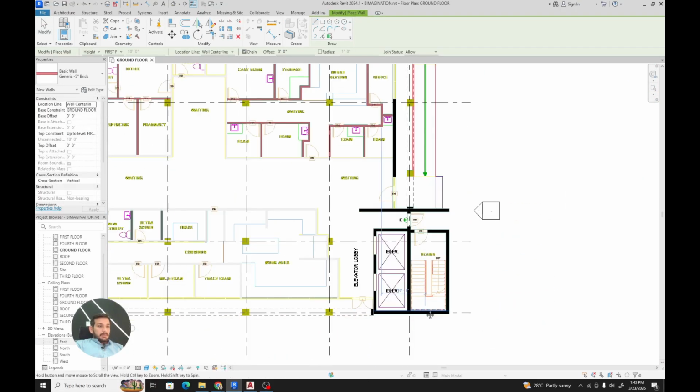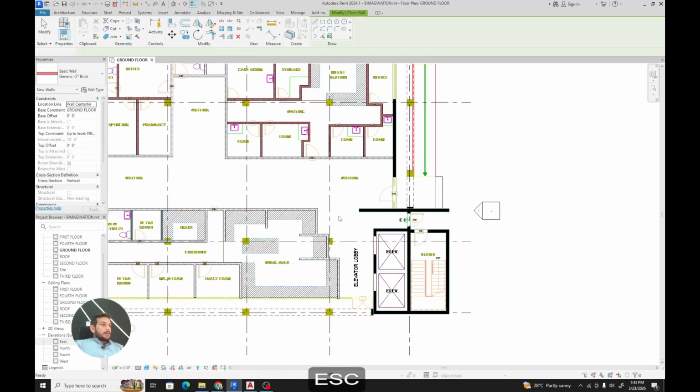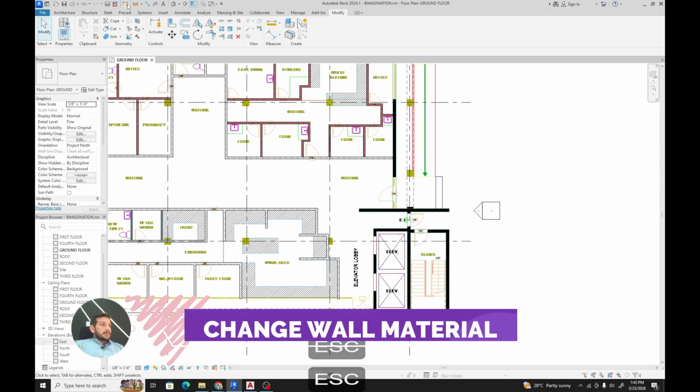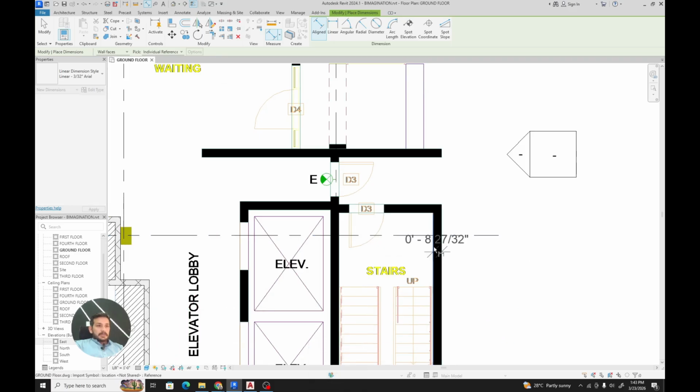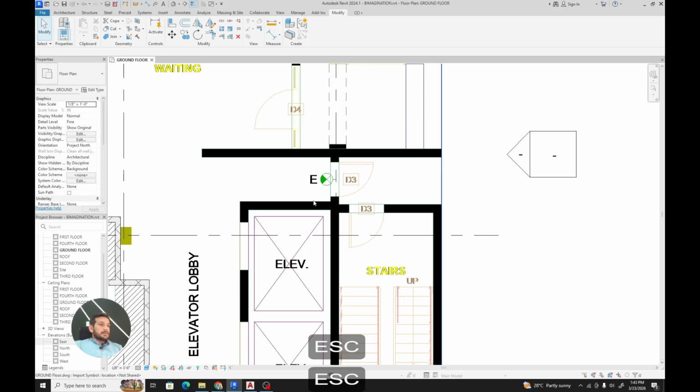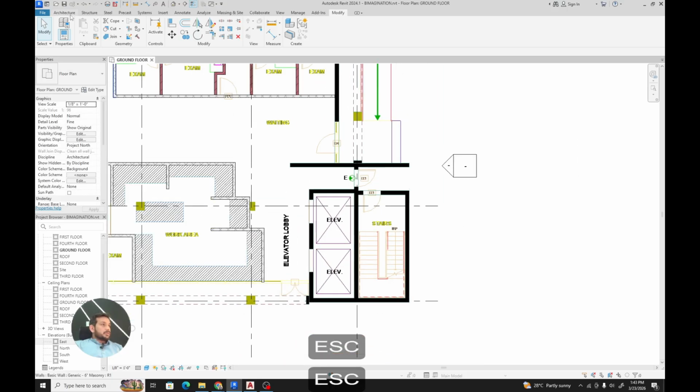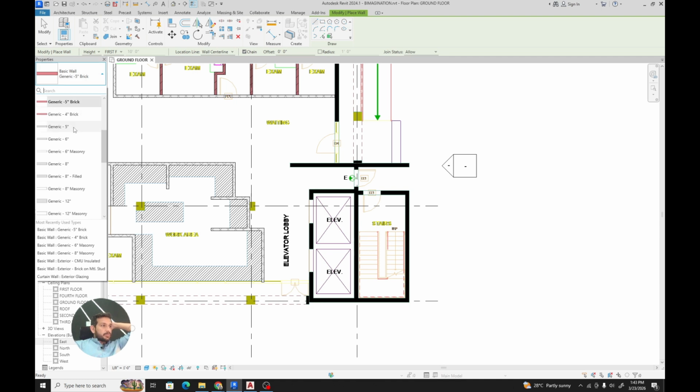This section has been remaining now, and for that reason I will again recheck the overall wall thickness. It is currently more than 8 inches, but I would like to make some changes, like these walls should be